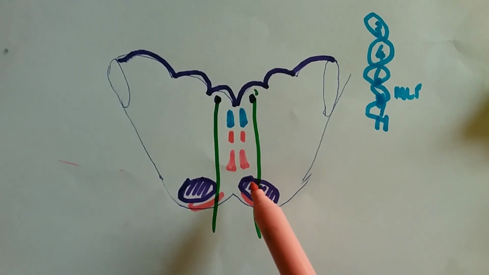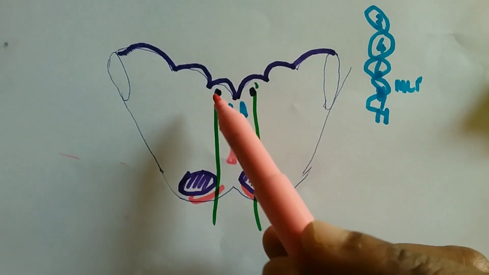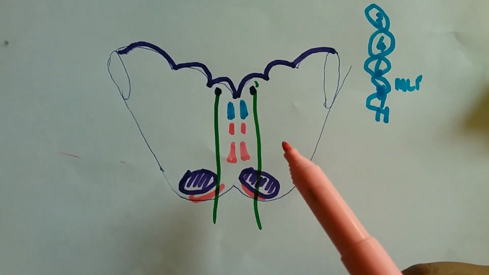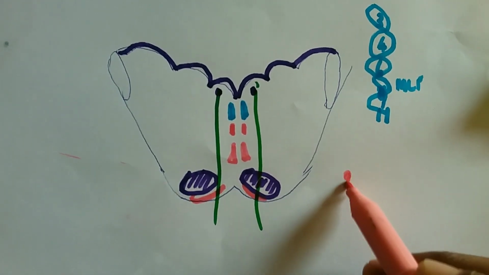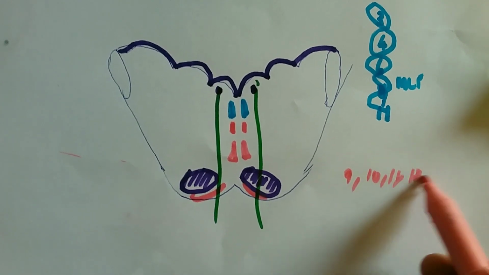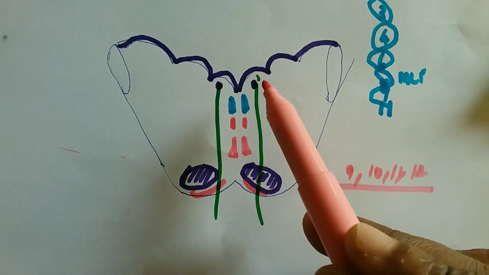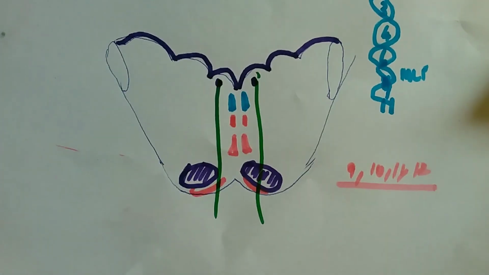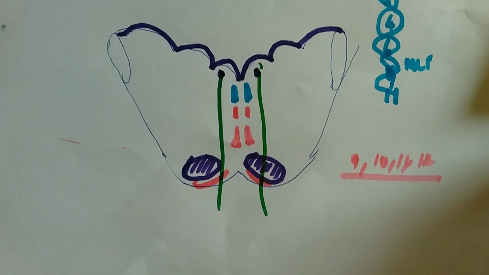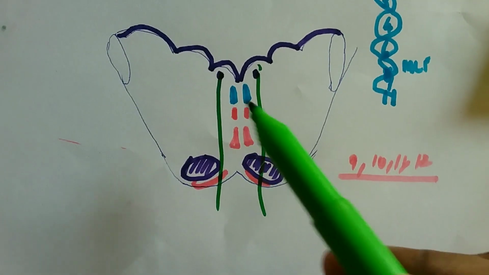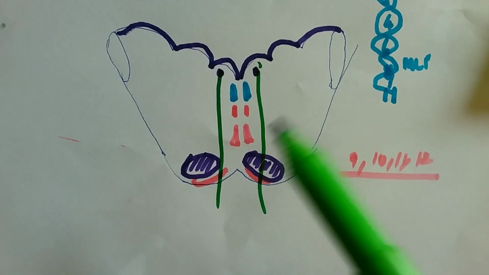So first one I showed you the pyramid, second I showed you the arcuate nucleus, third hypoglossal nucleus. From there the nerves are coming. We are talking about the section of the medulla, so you should draw all the 4 cranial nerves, 9, 10, 11, 12. 4 cranial nerve nuclei are present in the medulla. So 12th nerve is here. 12th nerve nucleus we have drawn already, and the nerves are coming out through this. And while drawing, you should concentrate, the nerve is passing through the pyramid, see, like that. And then inside only you should draw MLF, medial longitudinal fasciculus, tectospinal tract and medial lemnisci.